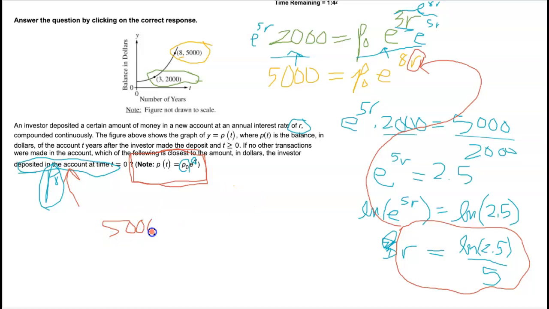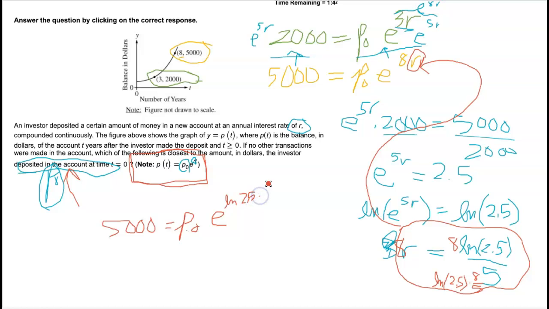5,000 equals P0, right? That's the thing I'm looking for. e to the power, right? I want 8r. So let's do a little work here. I want 8/5 of ln 2.5. I'm going to rewrite that, and you'll see why in just a moment. I want to think of that as ln of 2.5 times 8/5, right? e to the ln of 2.5